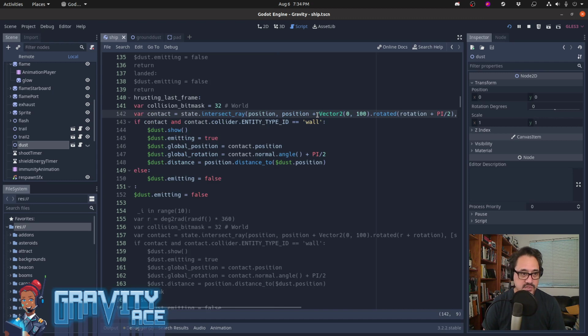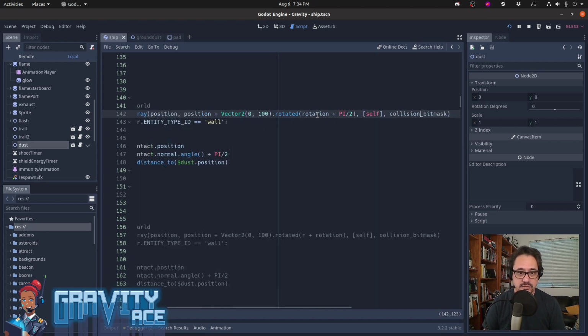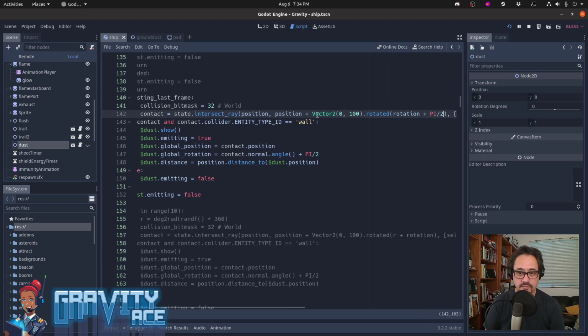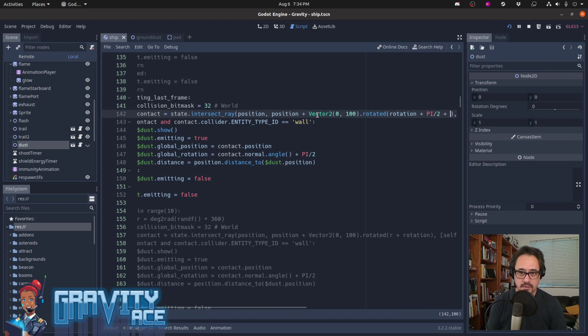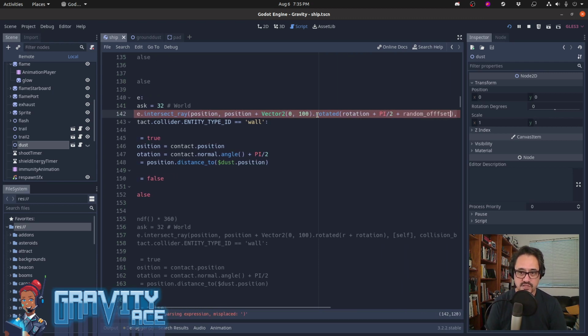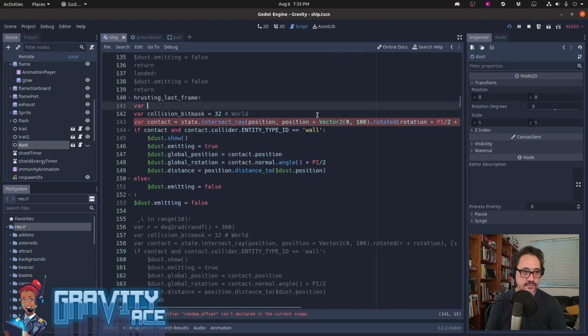Yeah. So I don't care. I'm gonna pretend like I don't care about that, and in 15 minutes I'm gonna forget about it anyway. But I do want to add some randomness here. So let's do a random offset, right? And that random offset will be